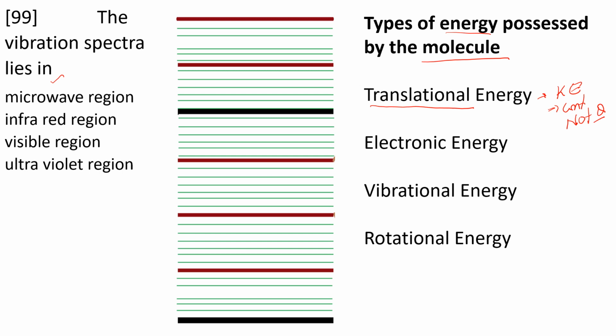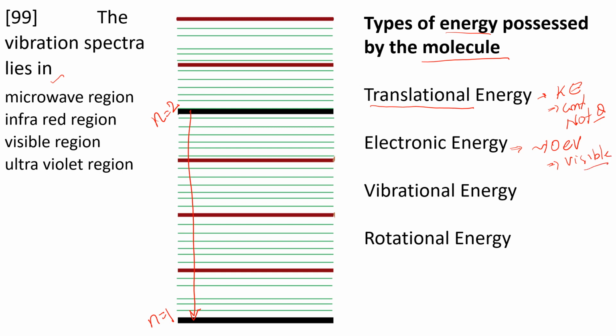Electronic energy is due to the position of the electron in the different electronic levels. The black color indicates the electronic levels, n equal to 1, n equal to 2, etc. The transition energy from n equal to 2 to n equal to 1 is of the order of 10 electron volt, around 10 electron volt. This falls under visible spectra, visible rays,